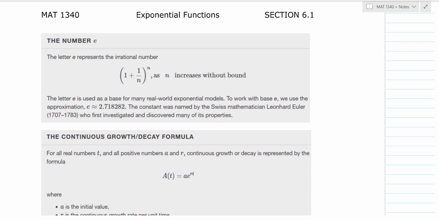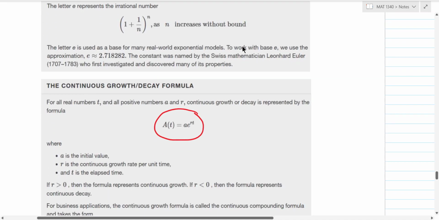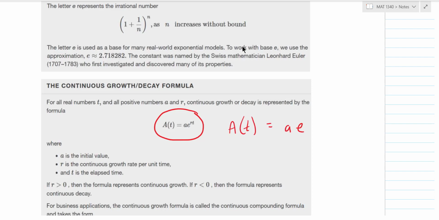I want to just kind of finish up by showing you what we call the continuous growth and decay formula, and it has e in it. So basically what you have is A of t equals A e to the rt. And again, that A is going to be an initial amount, an initial value. And then t, of course, is going to be the time in years. And then r is going to be a rate. So this works like an interest rate,